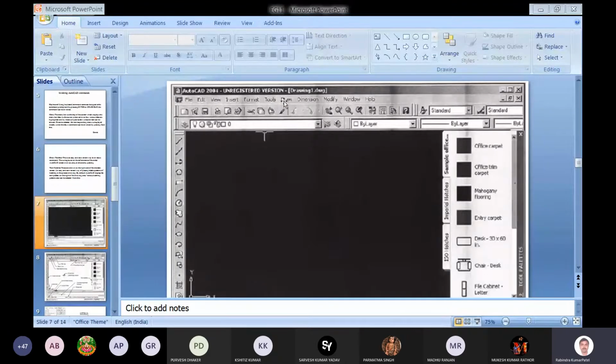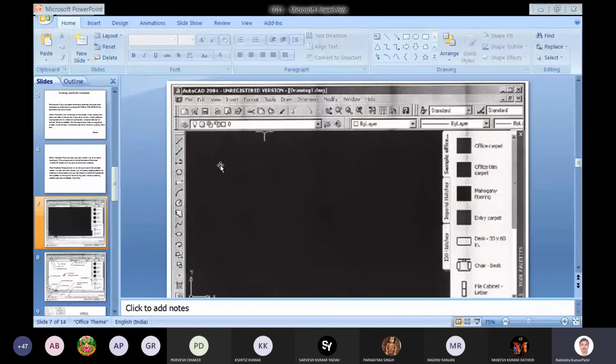So from here we can use the different utility items like draw, dimension, modify. We will see what the uses of these utility commands are.